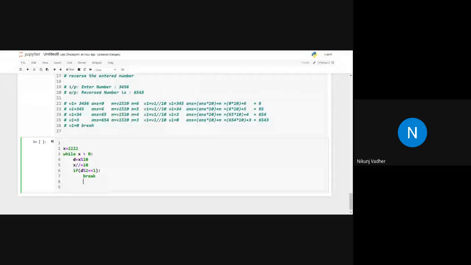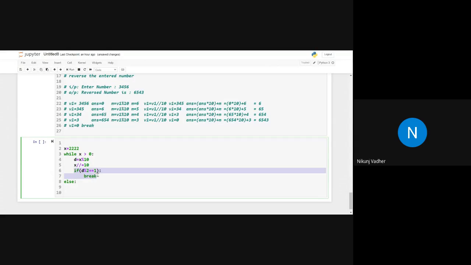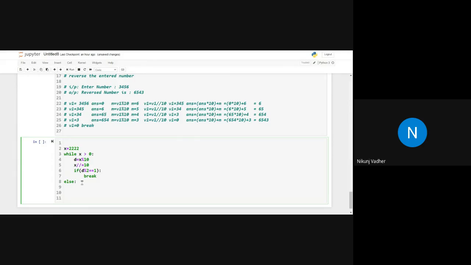Okay, and here I have written else. While else. Just look at this thing. This if is only standalone, it is not paired with the else. This else is part of this while. Else print. Here I have to take this into y, and then x is equal to y. So then print y.